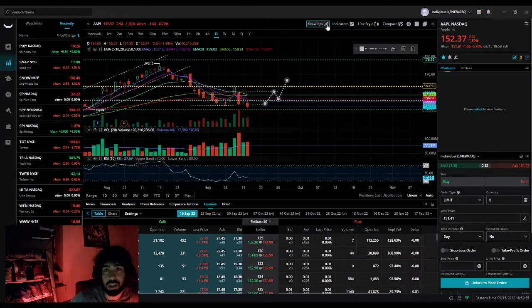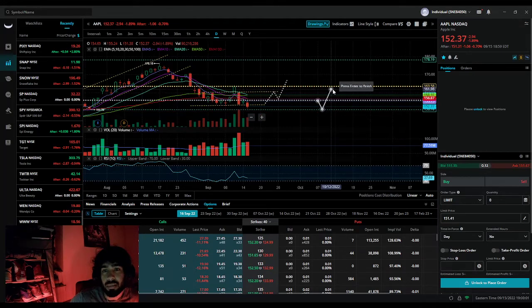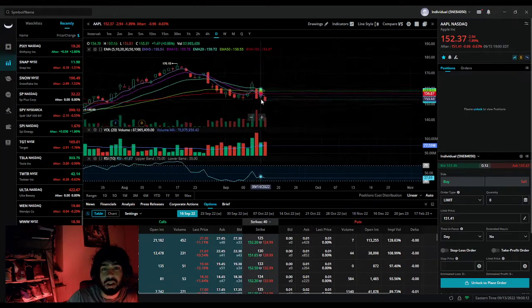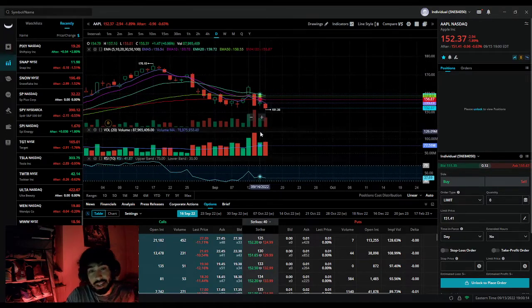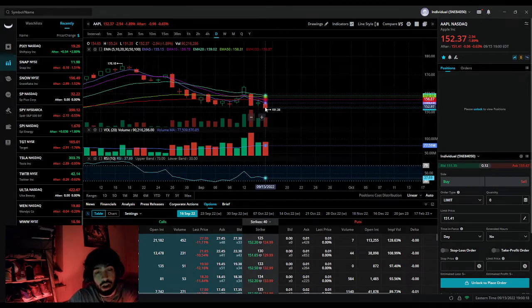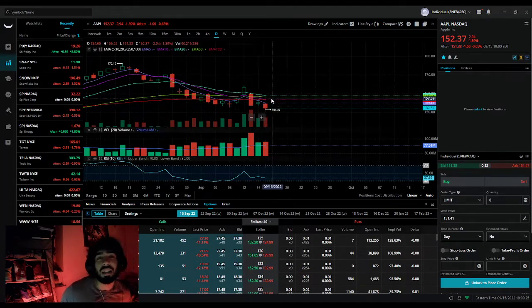or I drew three scenarios, and I remember the last scenario was it could come down and then bounce, because the bounce right here at the 150 level is a major support. Right now, let's get rid of the drawings first and look at the day. Today it went down to 151.38, and it went up to 154. That was the highest of the day.